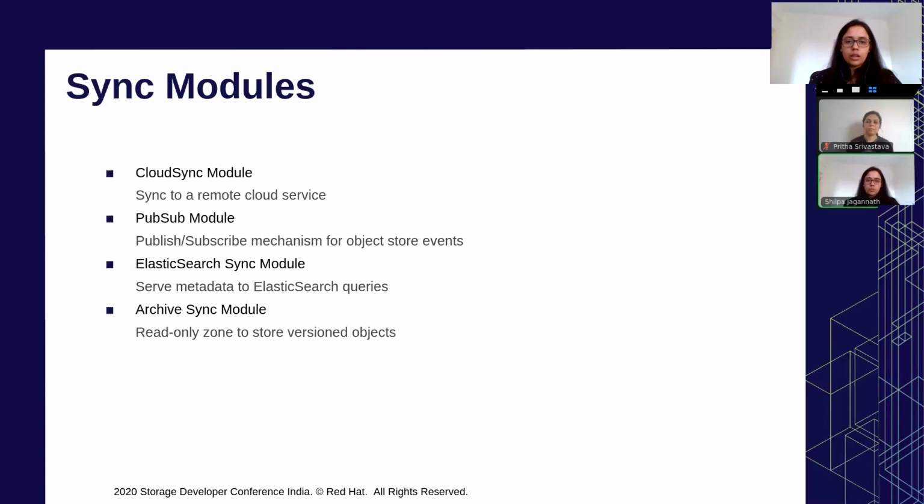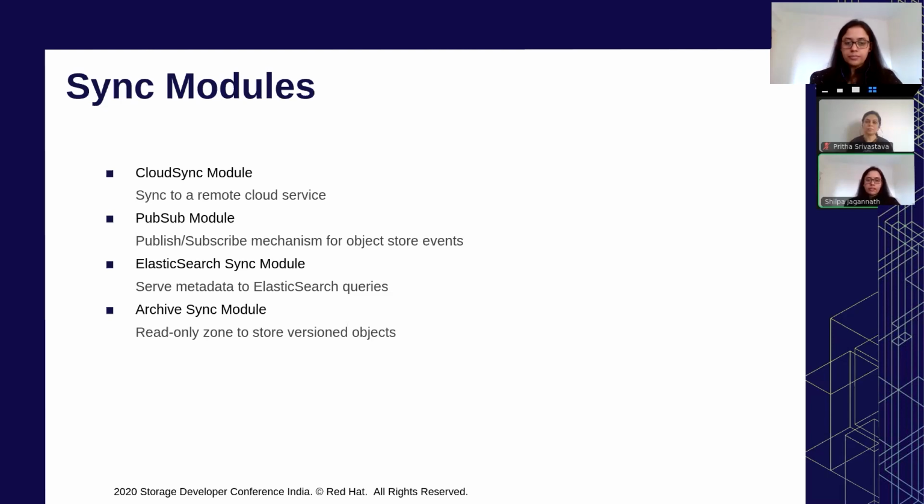In this module, the sync is unidirectional. The data is not synced back to the Rados gateway. It's only one way to the external data storage. The goal of this module is to enable syncing data to multiple cloud providers. The currently supported cloud providers are those that are compatible with S3.